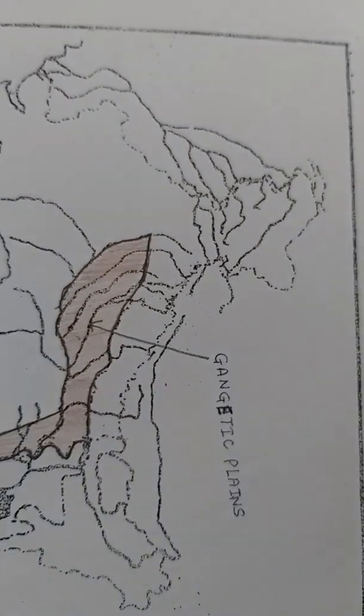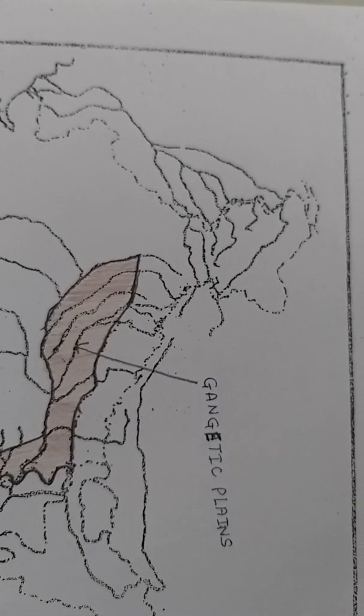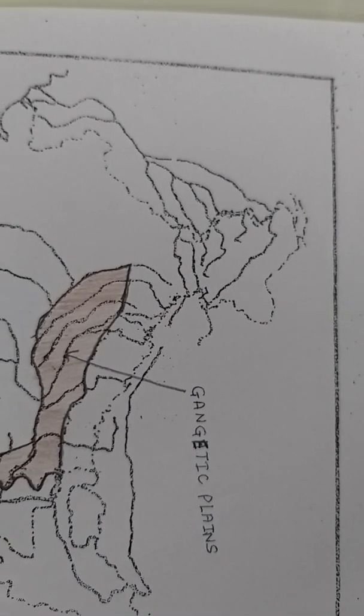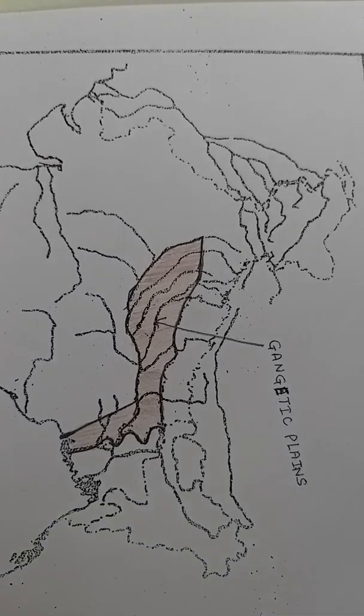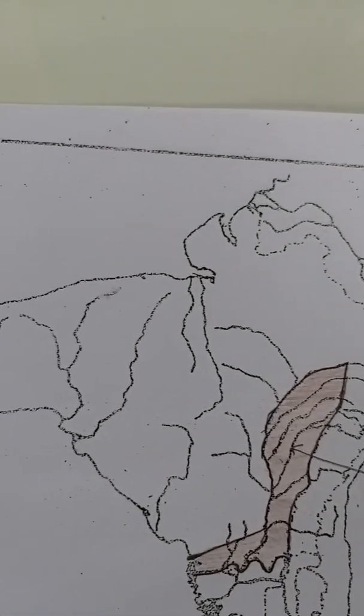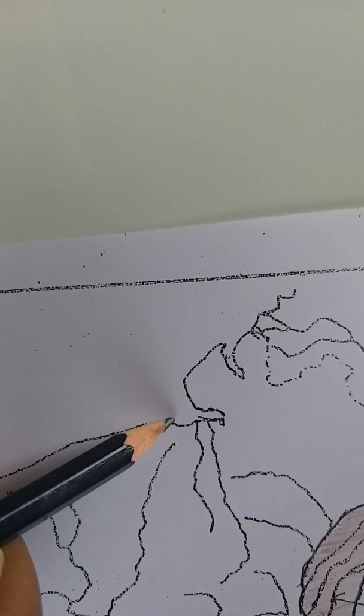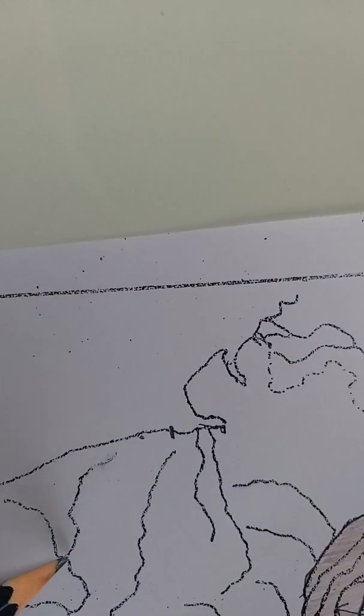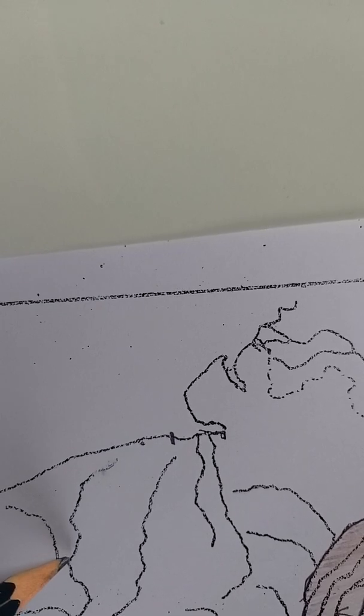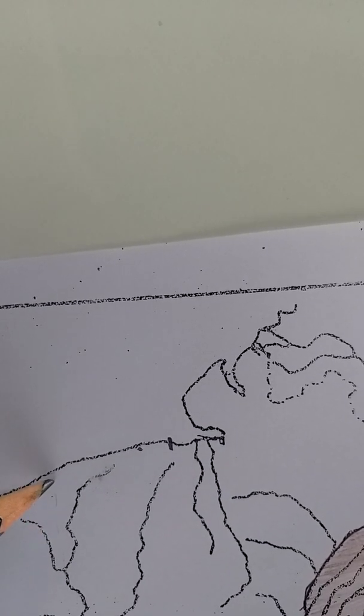Okay. Now let us mark the plains in the southern part of our country. The plains in the southern part, as we have already learned. First, let us mark Konkan. Exactly in front of Godavari river it will start, and in front of the joint of Tungabhadra. Take scale always so that we don't do mistakes. So till this part, this is Konkan Plains, right?